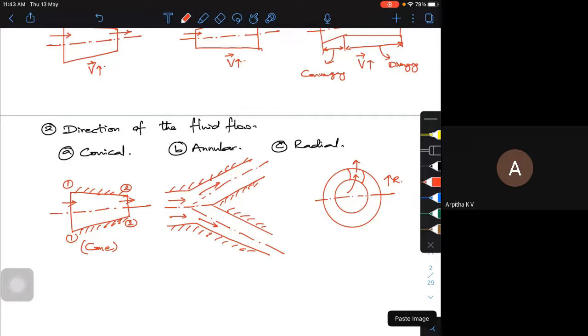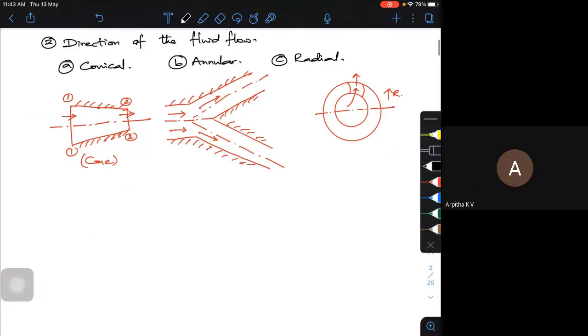But if you have nozzles in that particular fashion where the fluid is exiting in that annulus or the radial direction, we call such things radial nozzles. Thrust vectoring is something like having some kind of an aperture and you are trying to take the fluid in that particular direction, so you get movement of that particular nozzle or the whole aircraft in the opposite direction of it. Radial direction means the fluid is taken out in the radial direction. That's it.